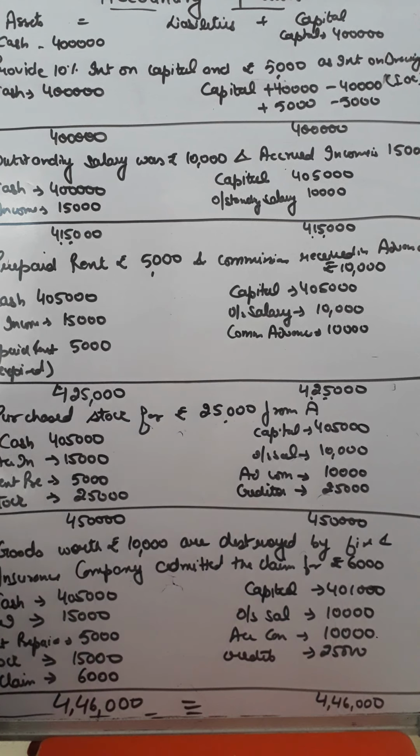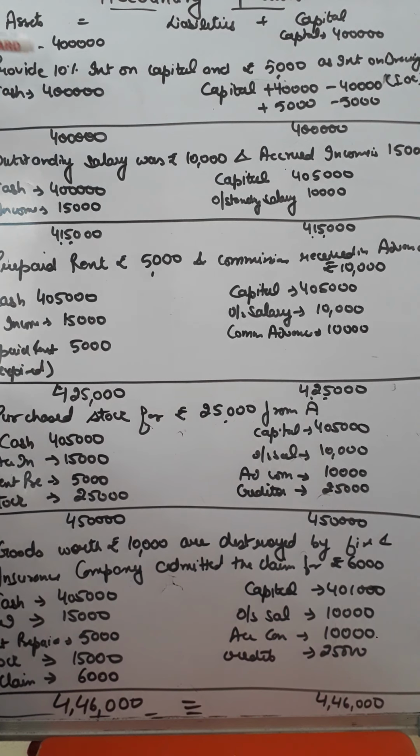Now see, though the proprietor is the owner of the business, when we talk about business, it has a separate legal entity distinct from its owner. So when a person has invested money in the business and has given his personal asset, he has to be given some certain interest on capital, because if you had borrowed from the bank, the bank would also have charged interest on that loan.